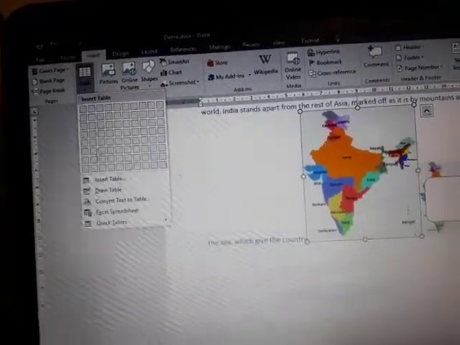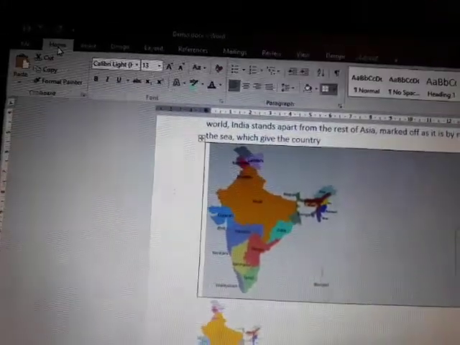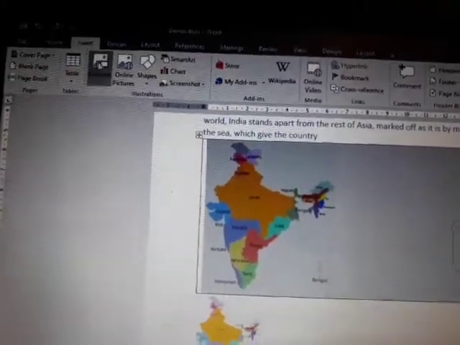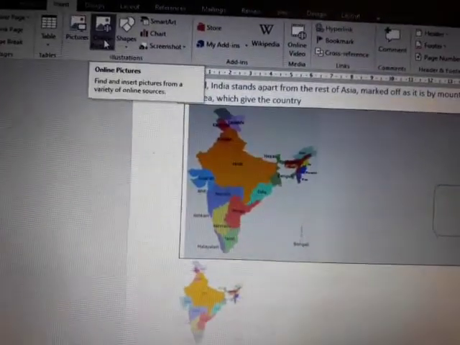We have tables also. If you want to write anything through table, insert table, we have to click and then we have to select whatever we need. And there are many pictures like that, shapes, everything is there here.